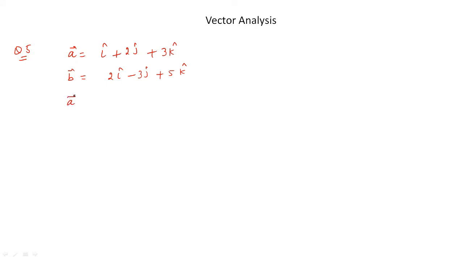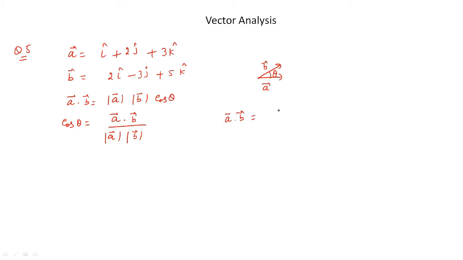That will be A dot B is equal to vector A modulus, vector B modulus, into cos theta. So here we can find cos theta, that will be equal to A dot B upon vector A modulus vector B modulus. Here let us say this is your vector A and this is vector B, and the angle between these two is theta. Here we have to find this theta. Now first we will find the A dot B.